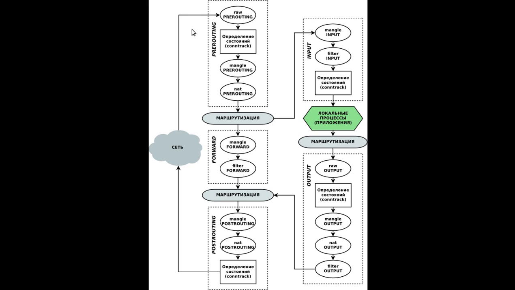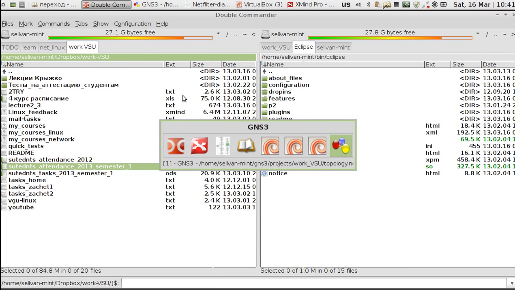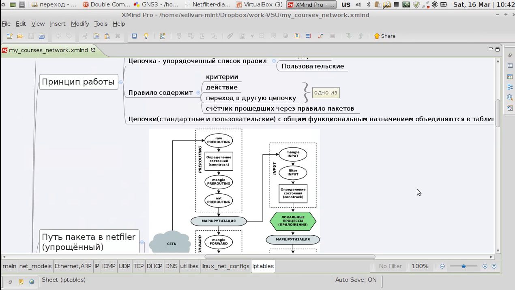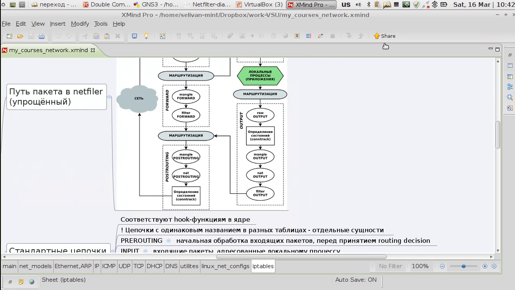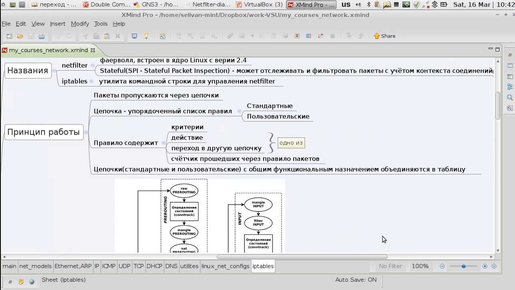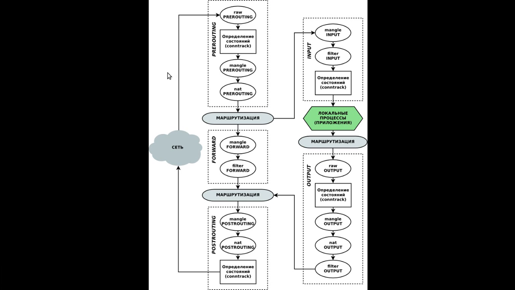Packet that came from and chains with common functionality are taken into a single table. Example, here we see this chain